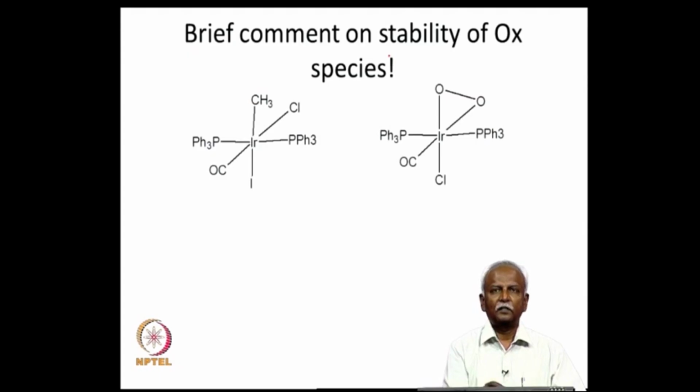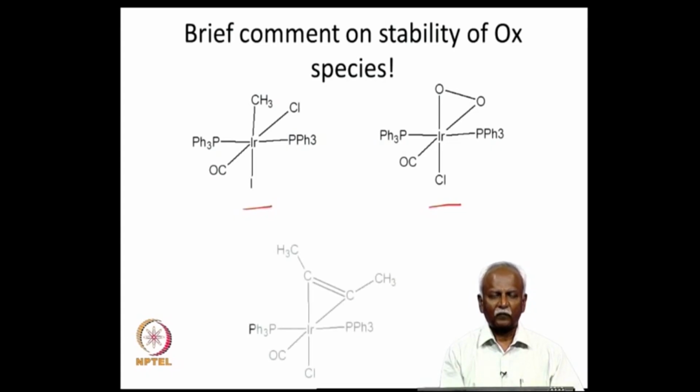In both cases that I have listed here on the screen, you have iridium attached to iodine and chlorine, or iridium attached to 2 oxygen atoms and chlorine. Either way, you tend to have a stable species, because these electron withdrawing groups will stabilize the higher oxidation state. Electron withdrawing groups at the same time have got pi electrons, which are pi donor atoms, and so they stabilize the higher oxidation state. So, the oxidative addition proceeds from left to right in a very exothermic